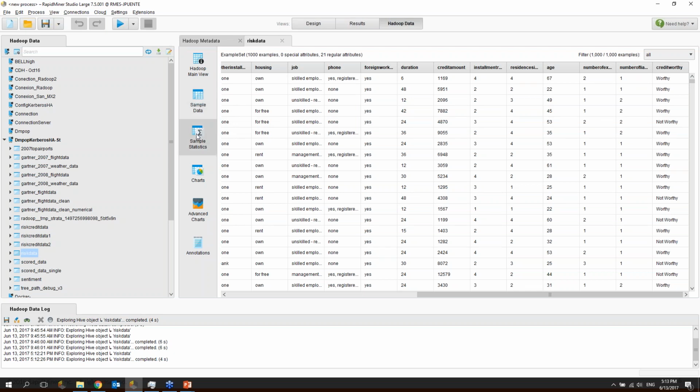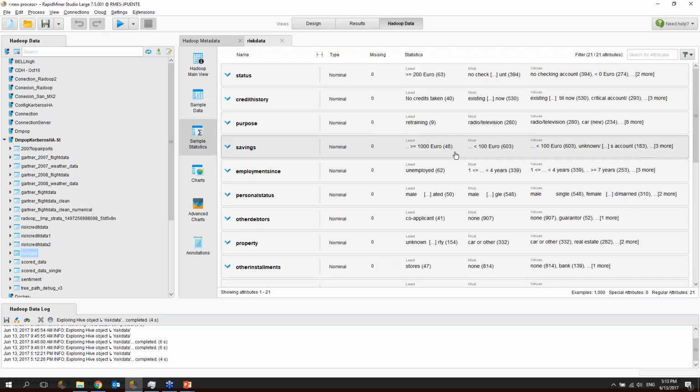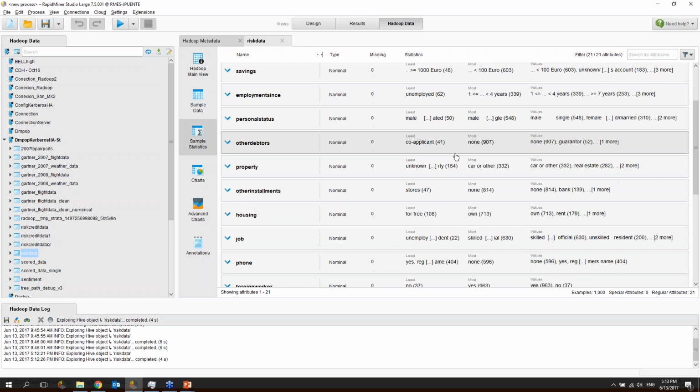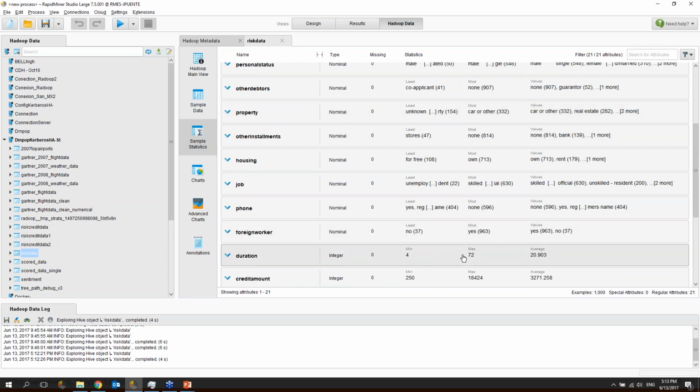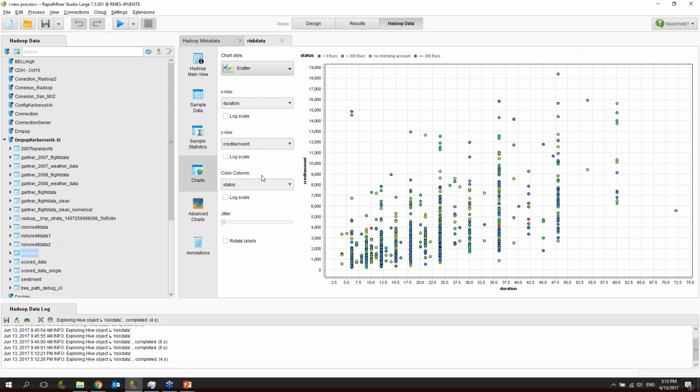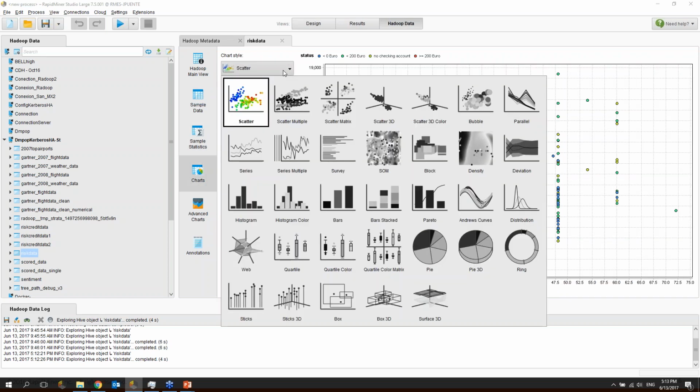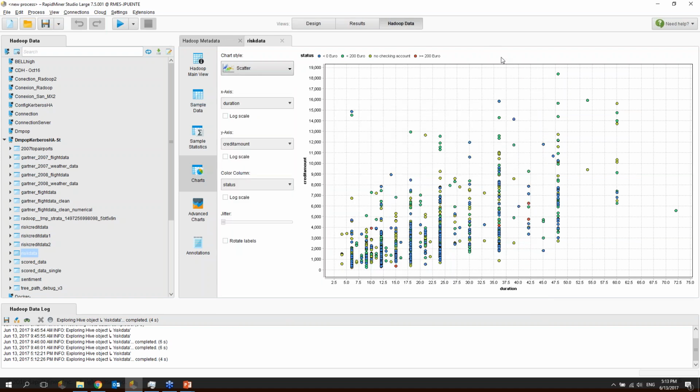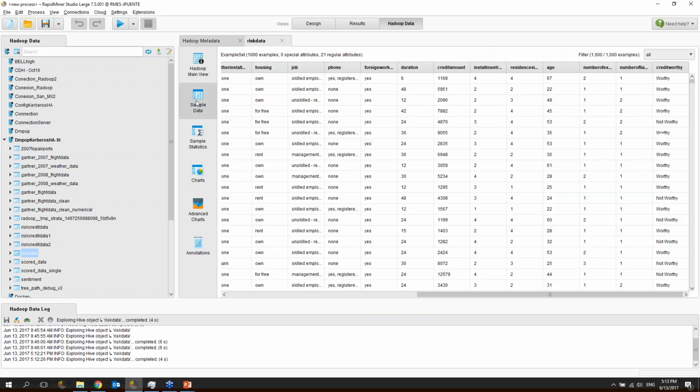As you can see here, we have very similar information, for example, similar statistics and so on, as we would have in proper Studio. Also the charts, all the different types of charts that we have in Studio. The difference is, of course, this is all based on sample data, so